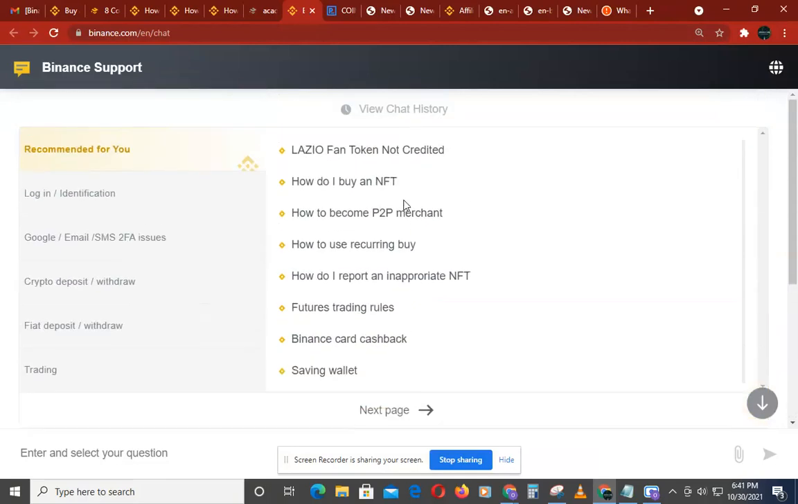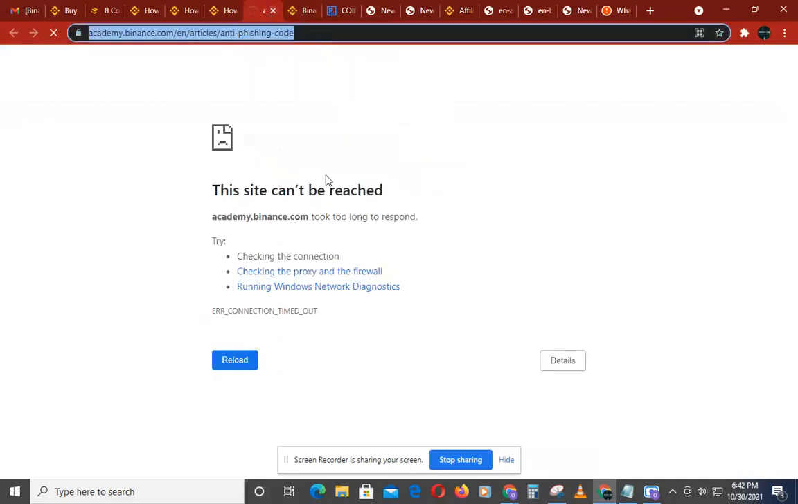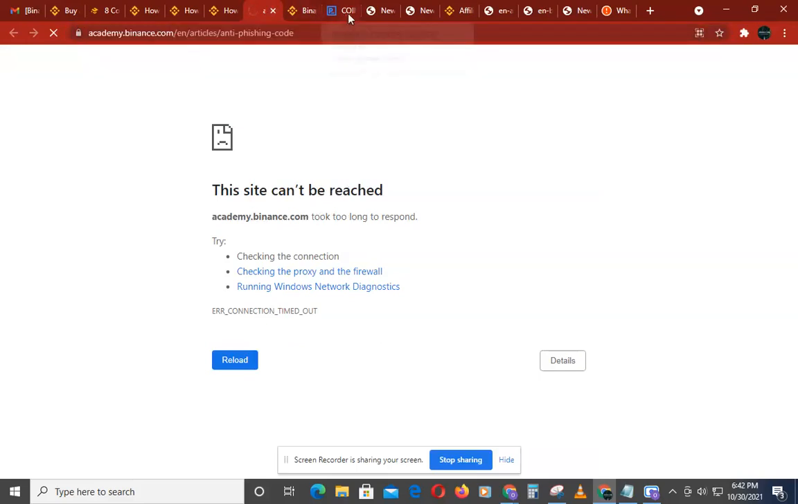It is a Binance support, so you can easily reach out for any issues regarding security. You can easily chat with Binance and you'll be given an update on the Binance platform. So now, I'm going to be showing you guys this